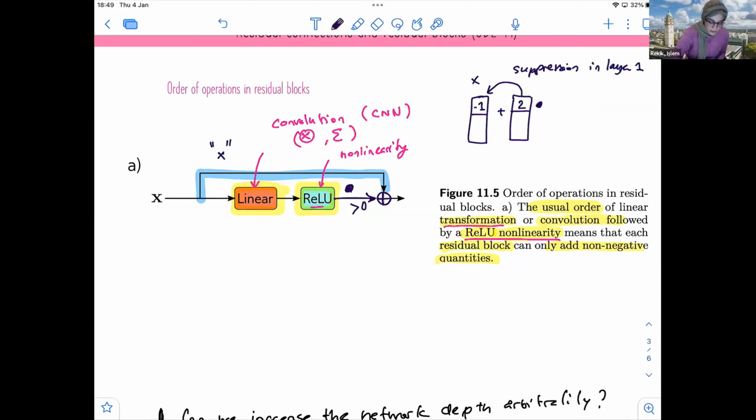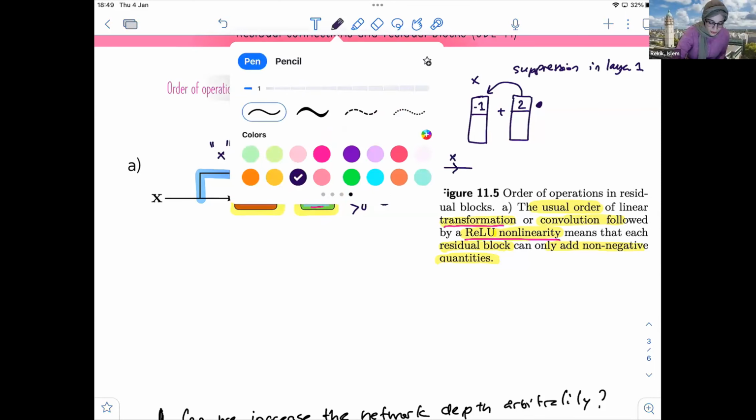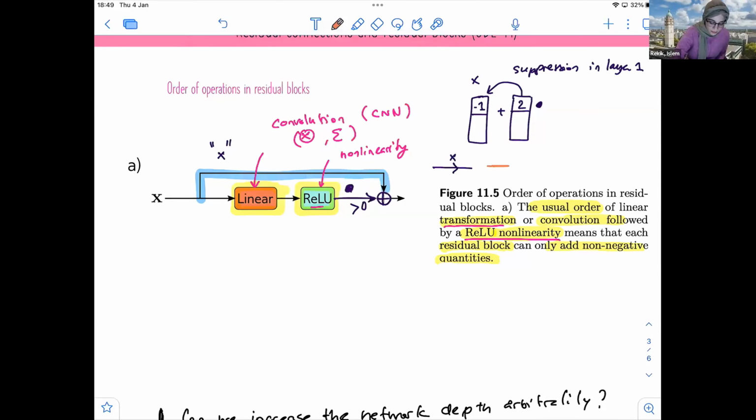But if you stack these and you repeat that multiple times, so you have X, and here I'm going to put these, so you have the linear layer, and I'm gonna just redraw over here. And then we have a ReLU, okay, and then ReLU. And let's do that multiple times. So what happens is that we're doing a linear layer, ReLU and then a plus, so we're adding the residual connection over here. So here there is a suppression, but in the next layer, we have also a residual connection here, we're taking the output of this layer and we're adding it to this one after a ReLU.